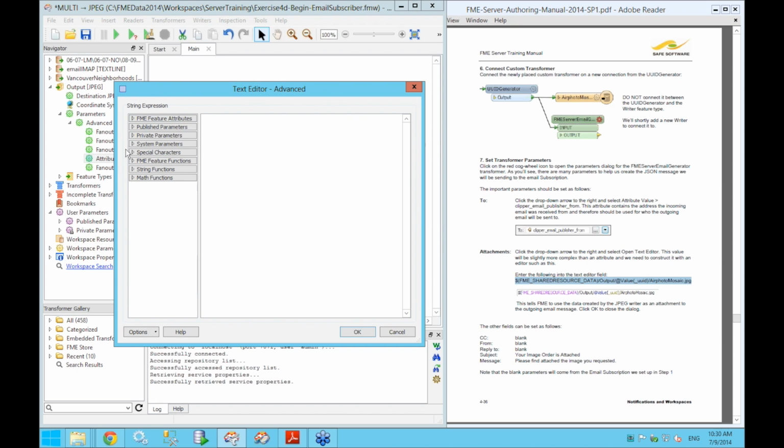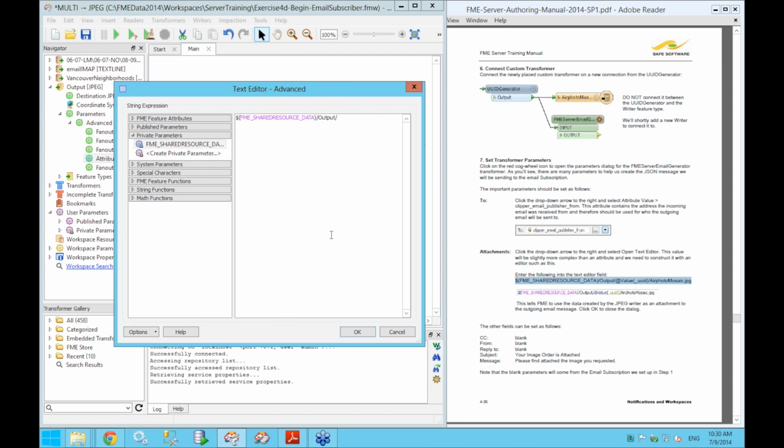So under the string expression, look for private parameters, and you'll see a parameter in here called FME shared resource data. Double-click on that to copy that into the text editor. So it should look something like this now. We'll add in a /, and we want this to go into the output folder inside there. So just type in output as the name of that folder,